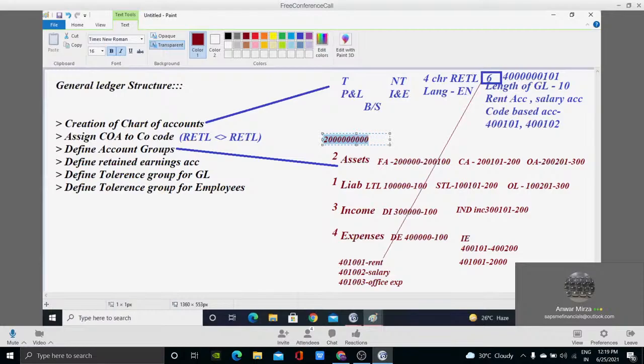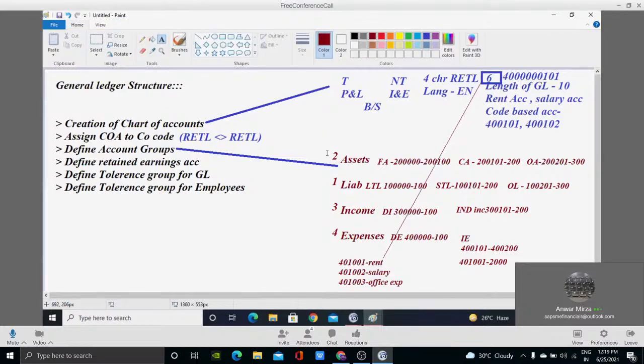No, right? I don't know why people go for it, but still foreign clients will keep a requirement to go for 10 characters. When we go for the general ledger module, I will show you these examples. I'll show you in the system that every foreign client is looking for this. The majority of them, I'm not saying everybody, sorry to say, will come forward and ask, sir, will you please create 10 characters. Why? Because they say it will be useful for us in the future. Okay? In future we will use that.